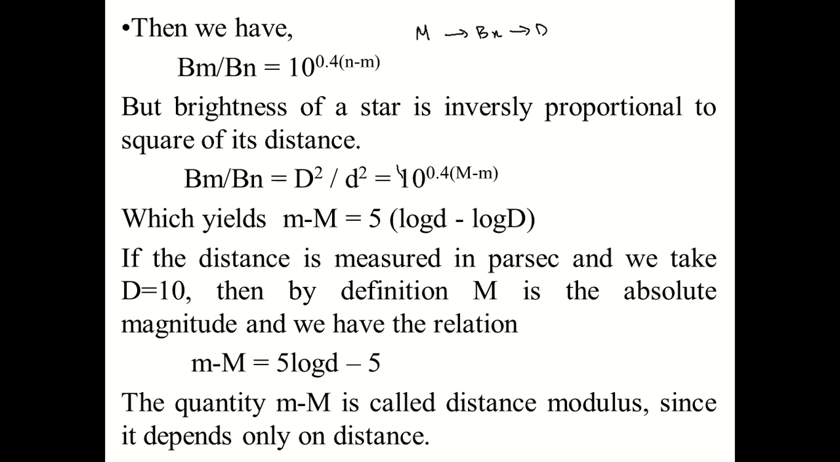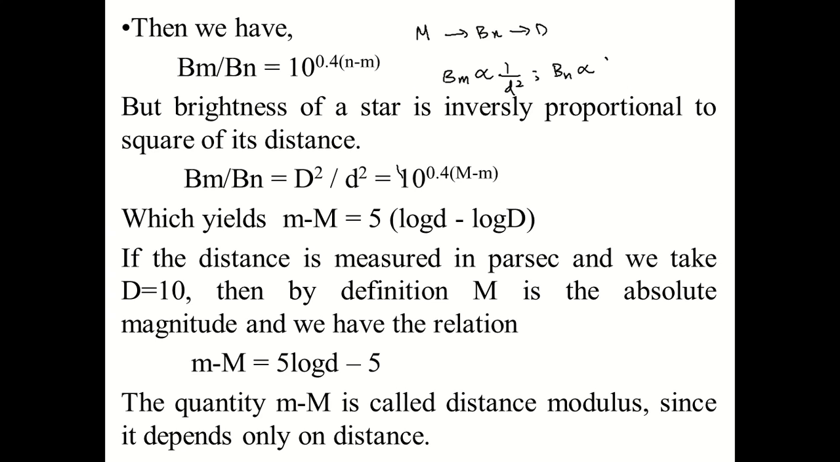The brightness of a star is actually inversely proportional to the square of its distance. It follows from the energy relation, because brightness means luminosity, and luminosity means the energy emitted by a substance. As distance increases it decreases. That is, if you consider Bm, the brightness of the star m, it will be proportional to 1 by d square,